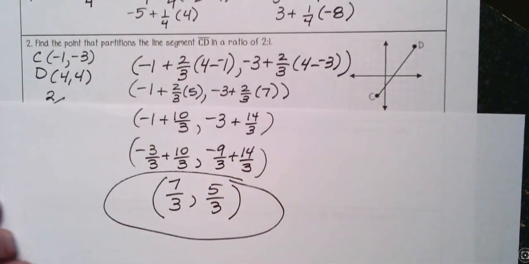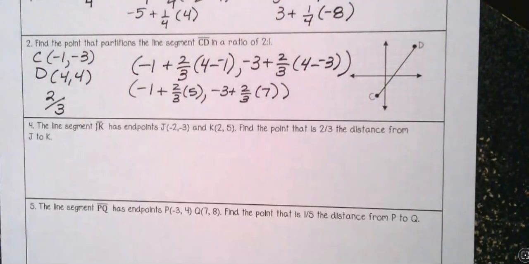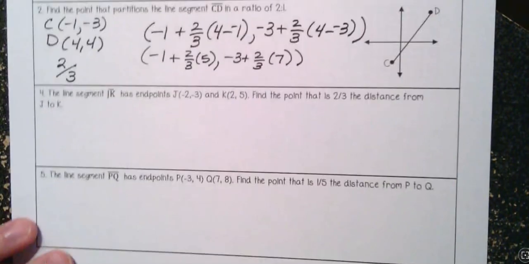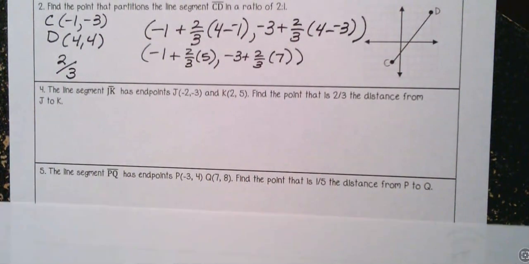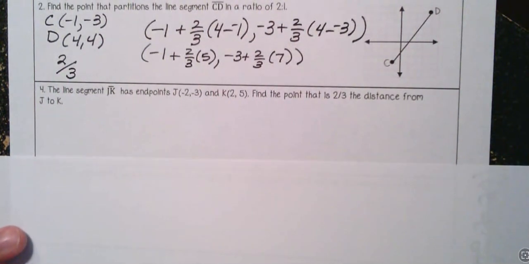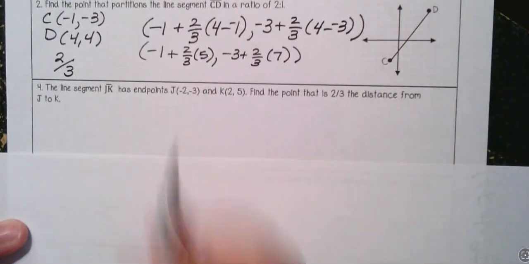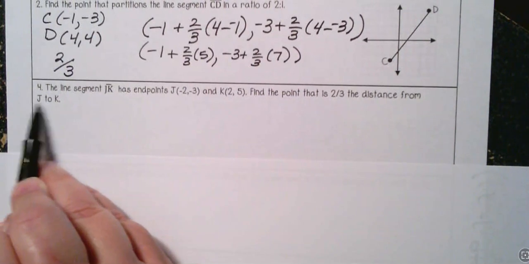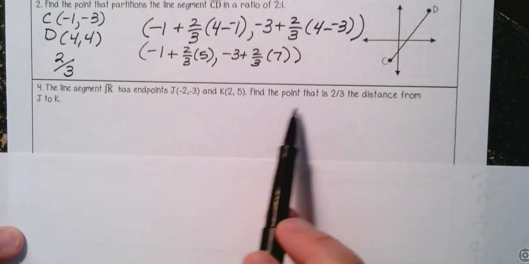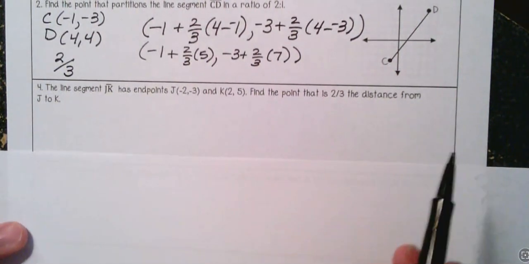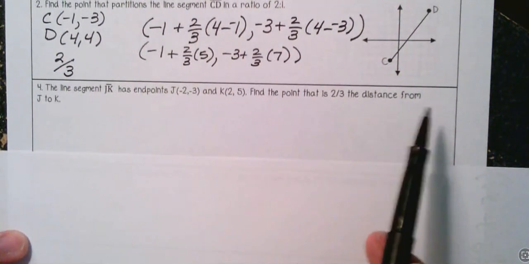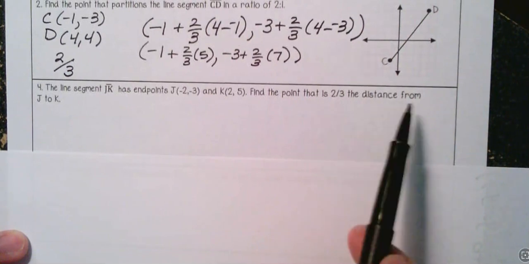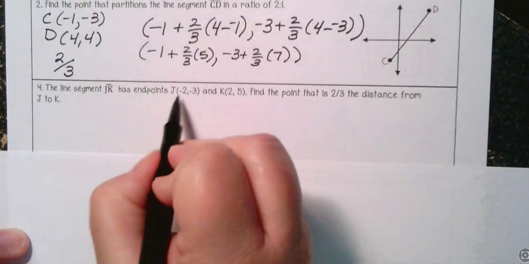And this time we're going to pick one that's already stated as a fraction. To me, those are easier. It says the line segment JK has endpoints -2, -3, and 2, 5. Find the point that is 2/3 of the distance from J to K. So we're definitely starting with J because it says from J to K. 2/3 of the distance from J to K. I just love the way this tells me the formula. It's 2/3 of the distance from J. Well, that means we're starting at J,